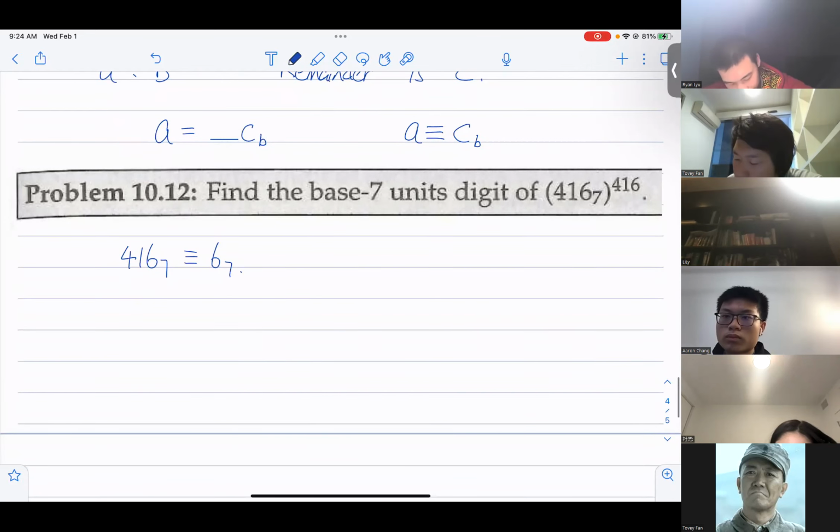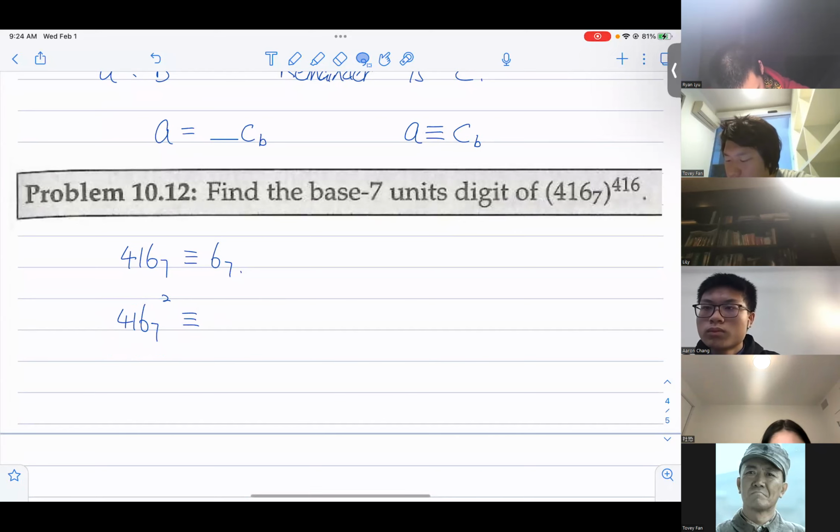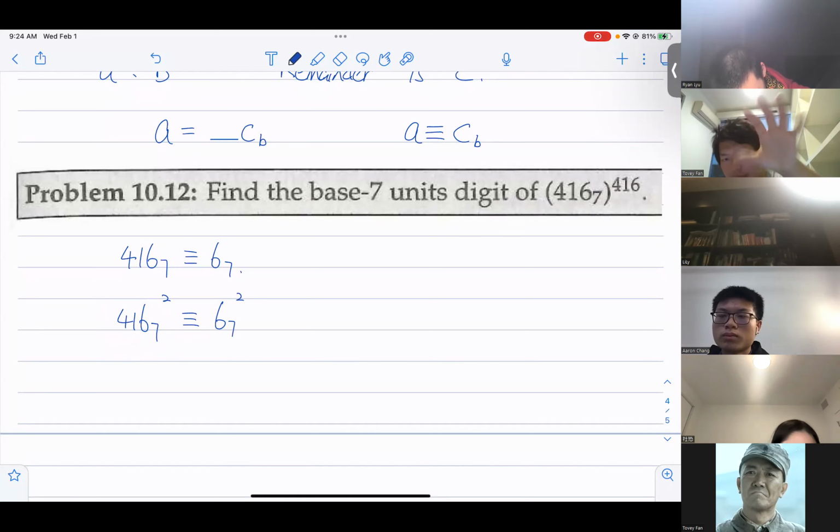Okay. What about the second power? So 416 squared. Notice that this is 416 times 416 in base 7. In this case, we are determining the units digit, so we don't have to do 41, right? It's just going to be 6. Remember, you only need to multiply 6, right? So we say it is congruent to 6 in base 7 squared, right? You only need to take the last digit. So you only need to calculate this. Well, 6 squared